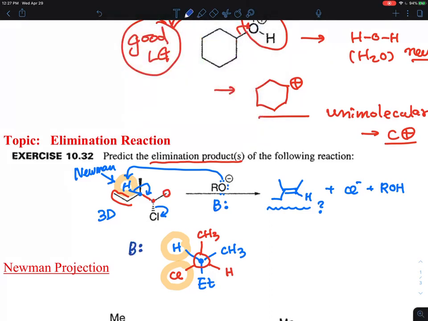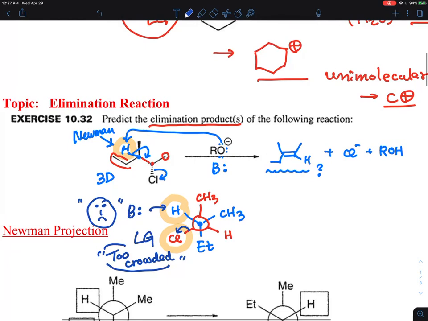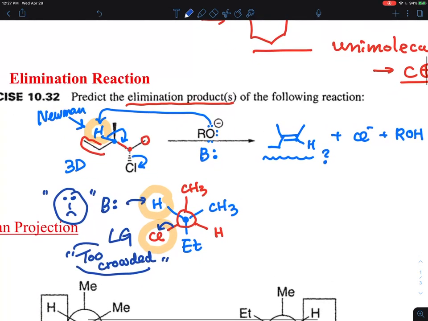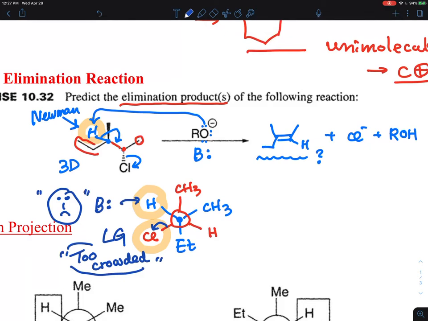Okay, so the base is supposed to react here, but then this is a leaving group, right? But your assessment in this scenario is that this is too crowded, right? So that's what makes this scenario not happy. This is a scenario that is not happy because you're making things a lot busier on this side. So what can happen is the